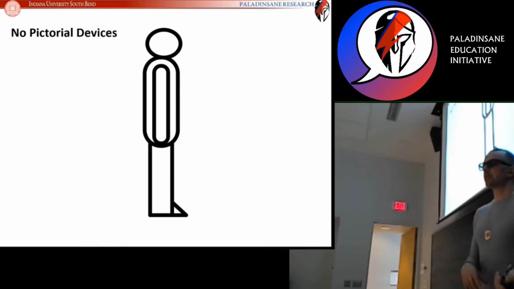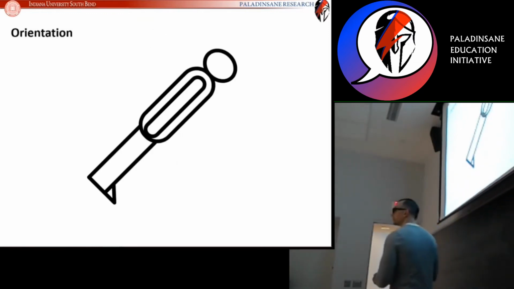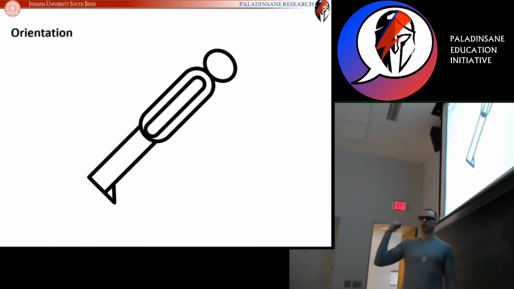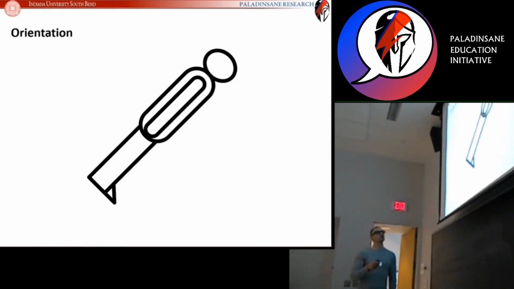So the first pictorial device we looked for is orientation of the body. When you run, you have a forward lean, right? Very few people run like this. Usually when you run, you have a forward lean. So this position of the body, this forward lean, was one literal pictorial device, because when you run, you actually lean forward. That was the first literal device we looked at: the person leaning forward in the picture.